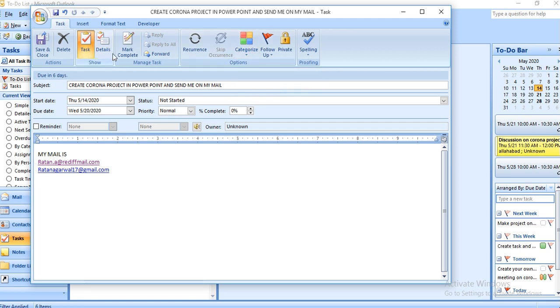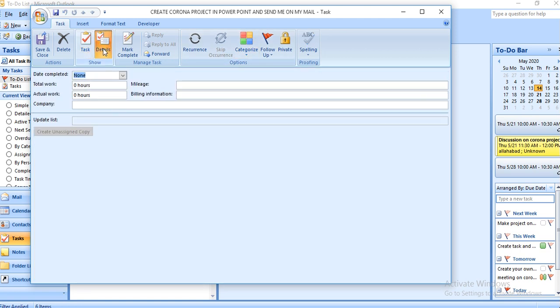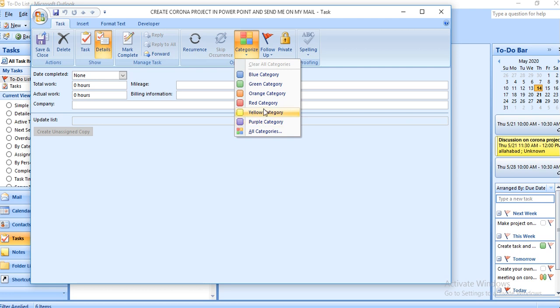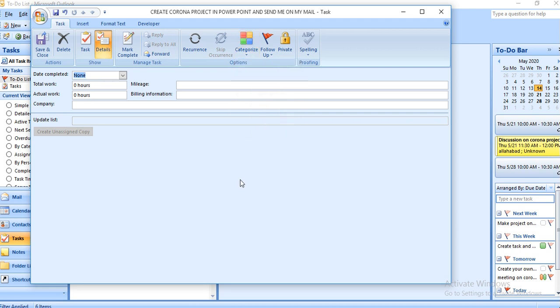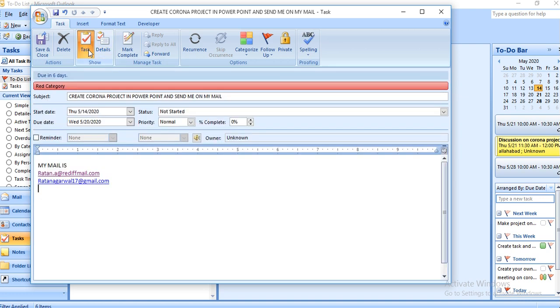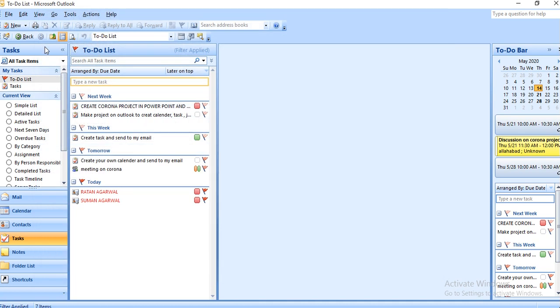You can categorize it. You can see the details of the task, but you have not completed it, so I can't mark it. Then give the category. This is the red category. I'm going to give it the red category, which means high priority, to send me the project. Now save this.